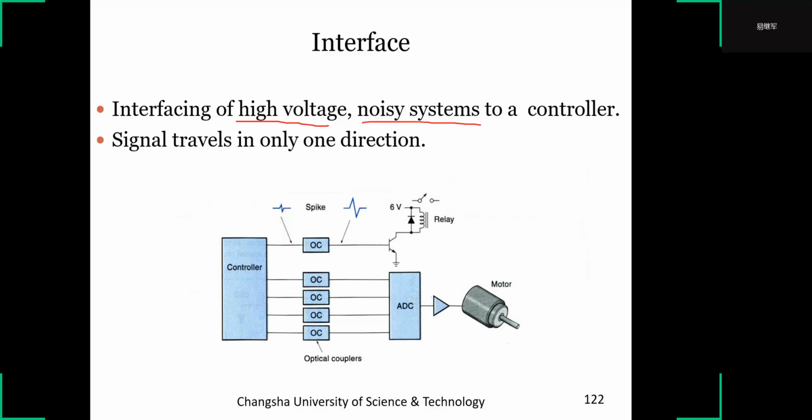Signal transfers in only one direction. If the signal comes in one direction from this side, we can use this